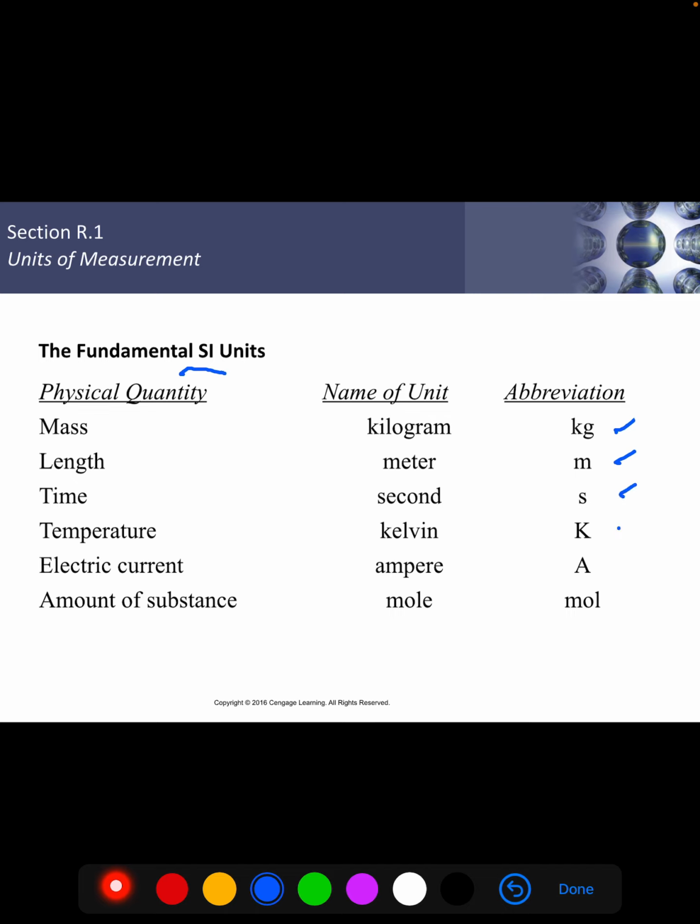Temperature, where the basic unit is the Kelvin. We're not supposed to say degree Kelvin anymore, but a Kelvin is equal to a degree Celsius, and personally, despite what the books frequently do, I was taught to write Kelvins with a capital K because it's named after Lord Kelvin and is a person's name. I guess the ampere would be too, so you can do that. And you see people use different abbreviations. It's a capital A. Some people just abbreviate it to amp, but the official abbreviation is a capital A,